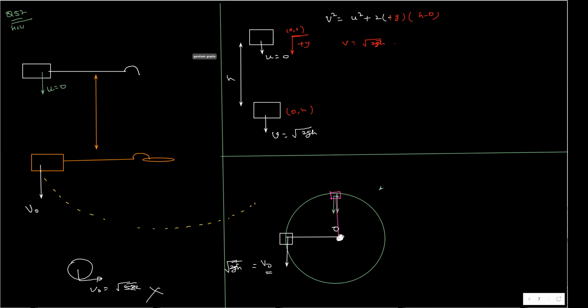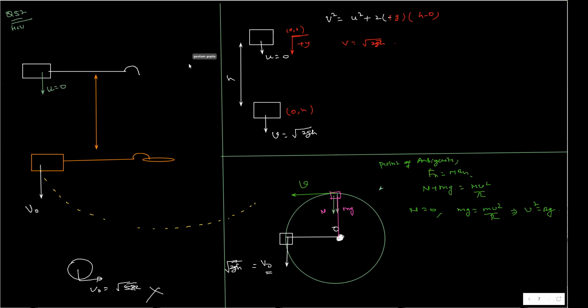So this is the point of ambiguity. Mg is here and N is here, so all forces are directed towards the center. Let's say the velocity is v when it reaches the point of ambiguity. Then I write F_net equal to m a_n at that point: N plus mg is equal to mv square by r. Now put N equal to 0 at the point of ambiguity to find the limiting condition so that it completes the circle. So mg is equal to mv square by r, and from here you get v square is equal to rg.